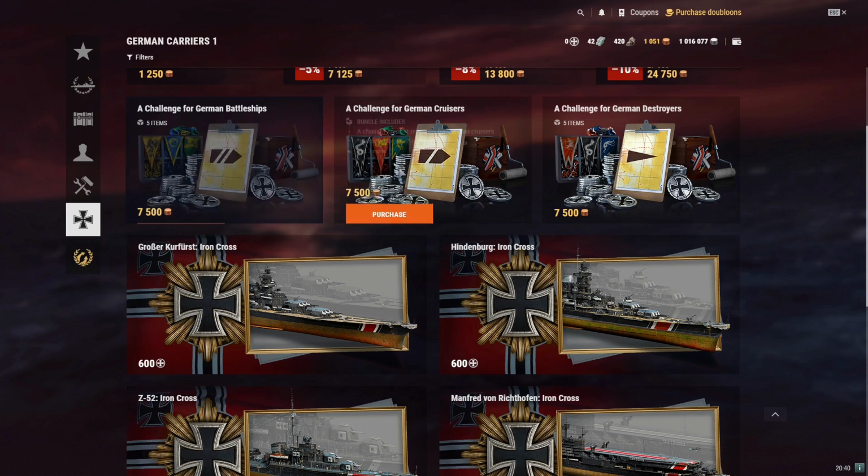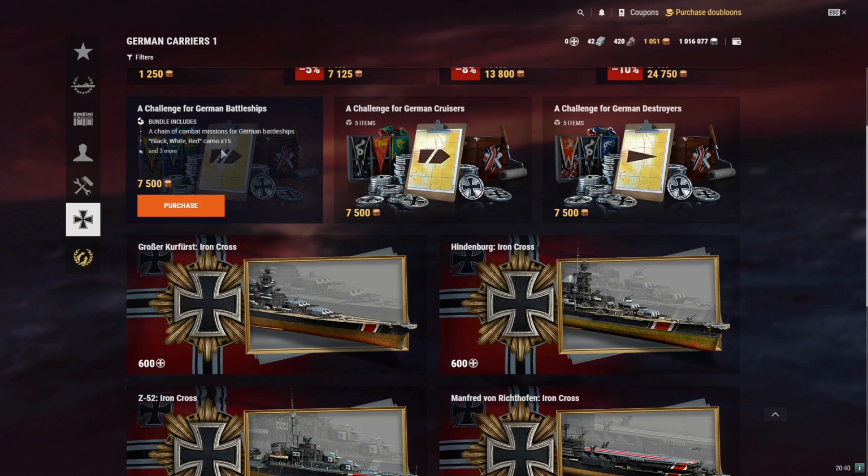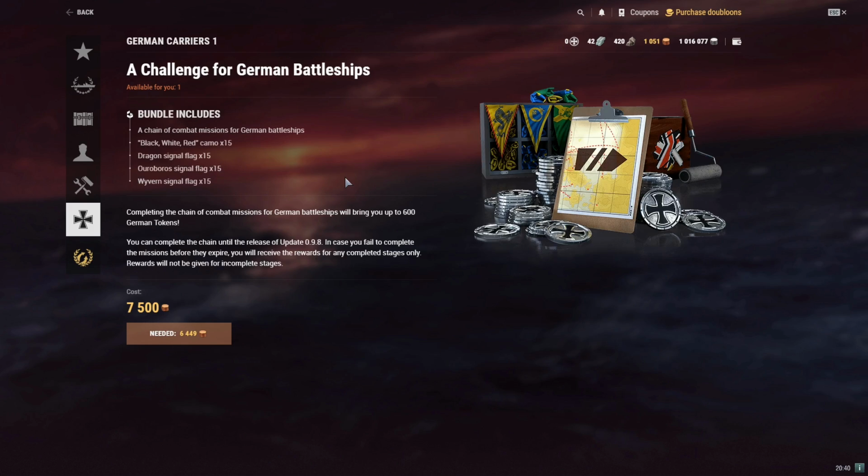These are very pricey bundles, but it gives you some information. You can buy the bundle: 7,500 doubloons, a chain of combat missions, black, red and white camo, dragon signal, Overrose signal, wyvern signal. Completing the chain of combat missions for German battleships will bring up to 600 tokens. So there you go. It gives you a challenge to do, as well as some tokens and some camouflages